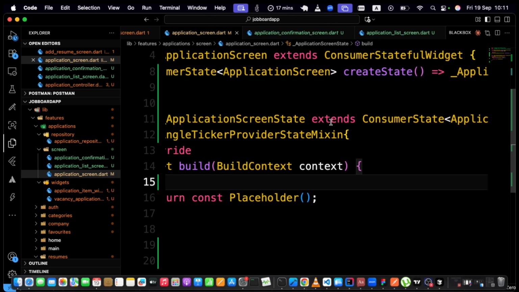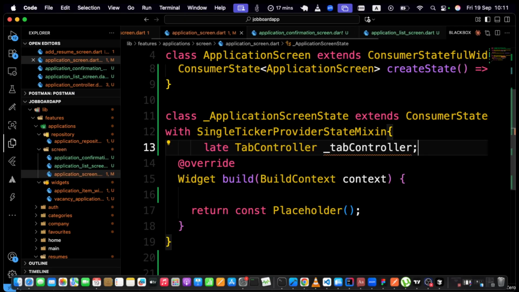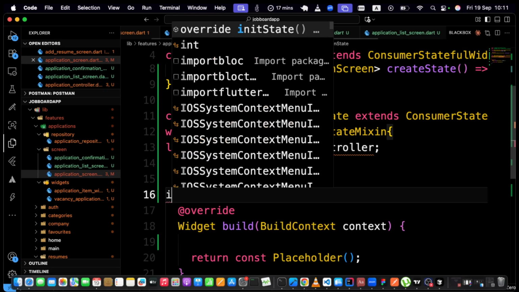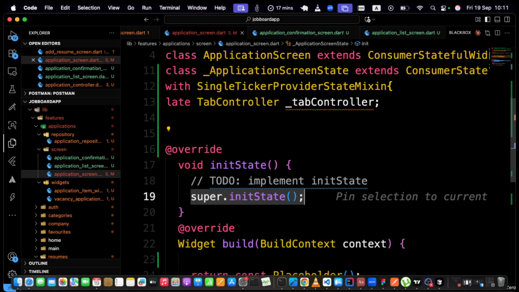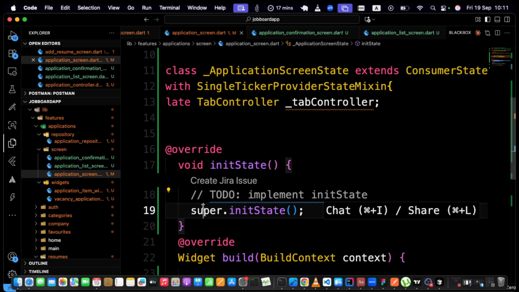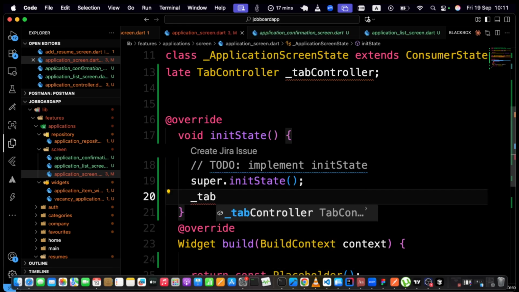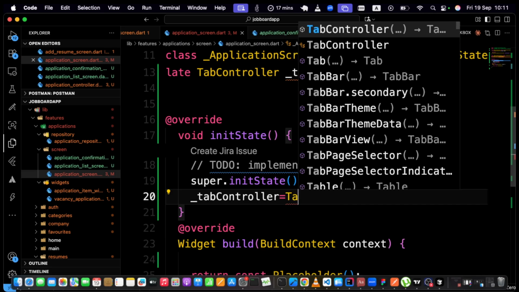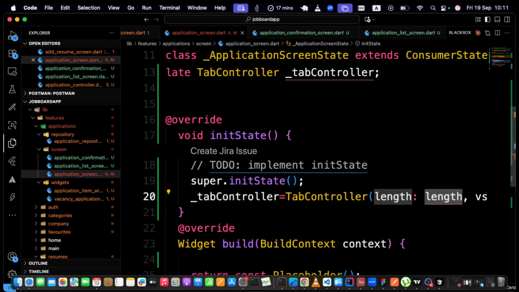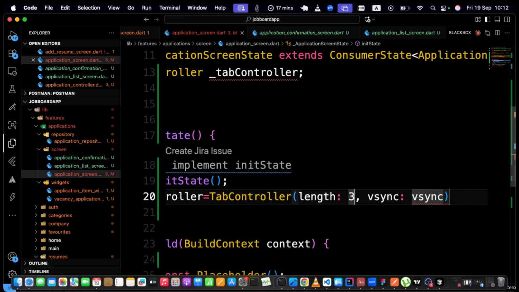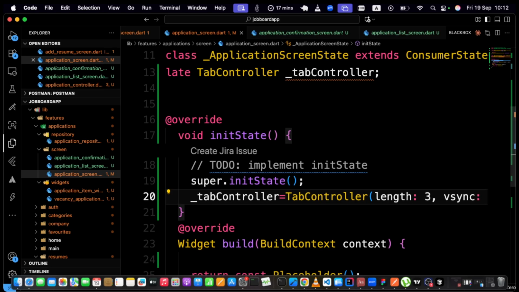So let's just paste it here, not inside of the build statement, and then after this, what we are simply going to do is the init state, right? And then we are going to initialize the state, and then set our tab controller to be equal to TabController, and then the length is going to be 3. Then our vsync, we are just using this keyword, right? All right, so now that we are done,